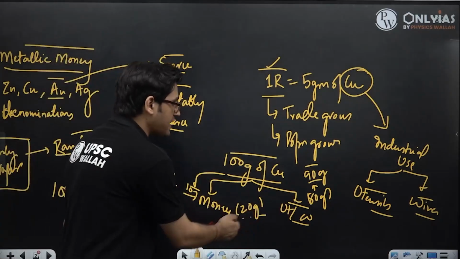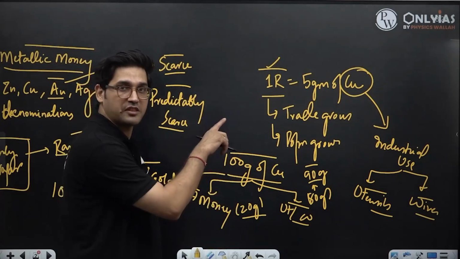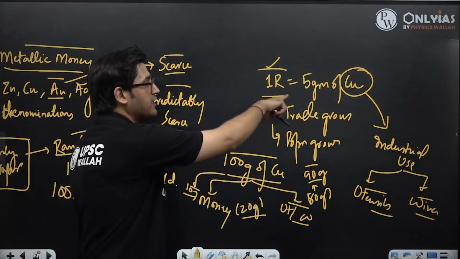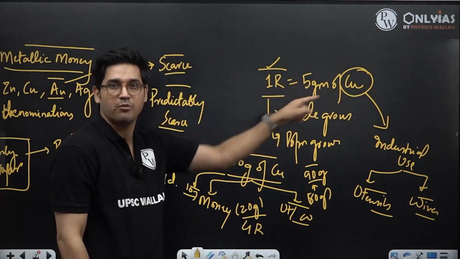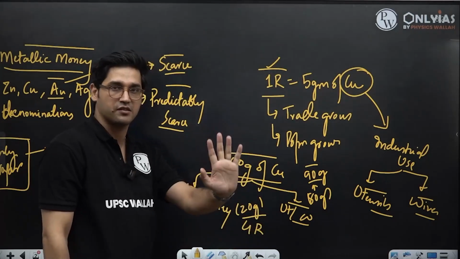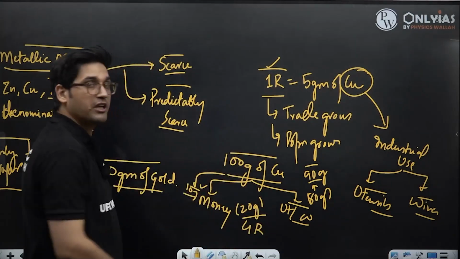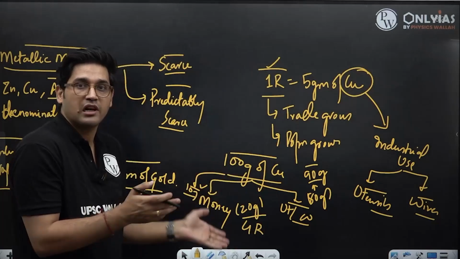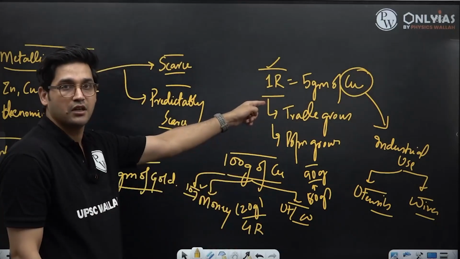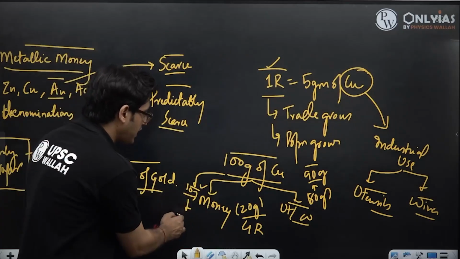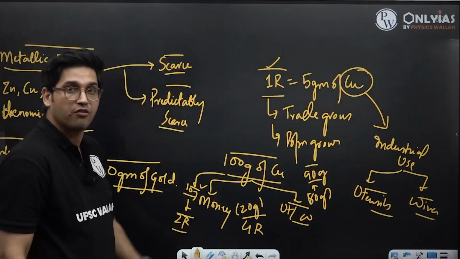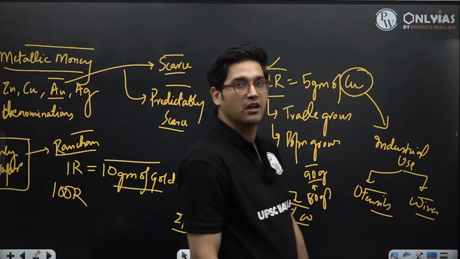Previously, they had 20 grams of copper for money purposes. Since 1 Ranchan is 5 grams of copper, from 20 grams, they are going to make 4 Ranchans every year. Now, when there are only 10 grams of copper left for making copper coins, and each coin is 5 grams of copper, they can now make only 2 Ranchans, not 4. Only 2. It has halved.